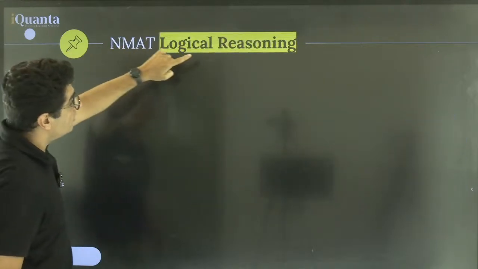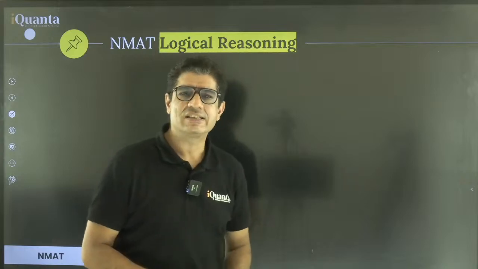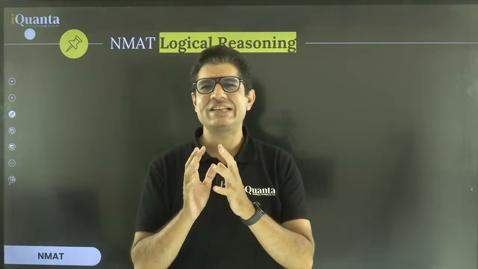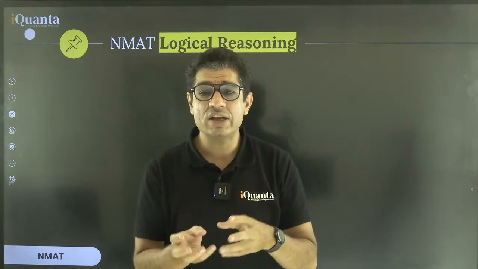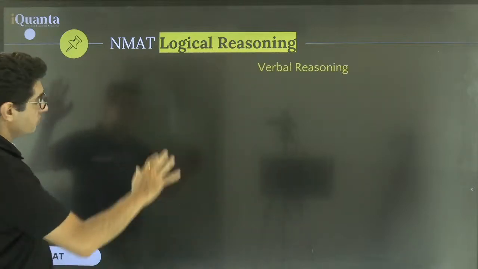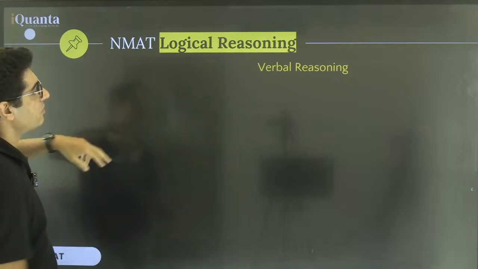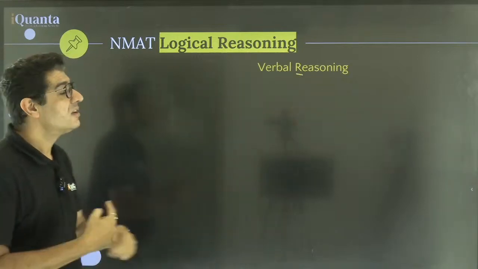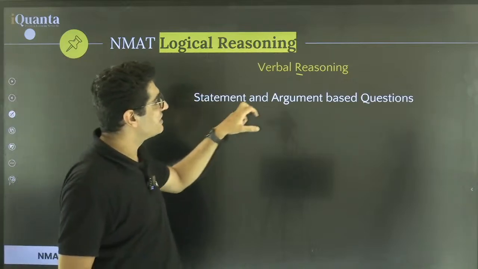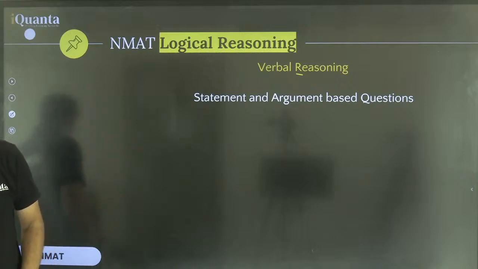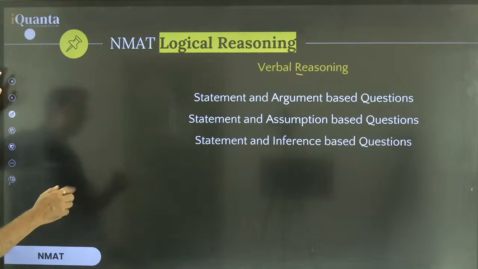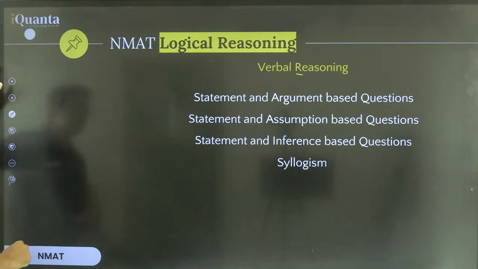Then the second segment, that is logical reasoning. Now this segment also has some areas that you would typically cover in your verbal classes, in your English classes. It's divided into two parts, verbal reasoning and non-verbal reasoning. Verbal reasoning is the segment that you'd master in your English classes. So you have questions which are based on statements and arguments. For instance, you can have statement assumption questions, statement inference / conclusion questions,